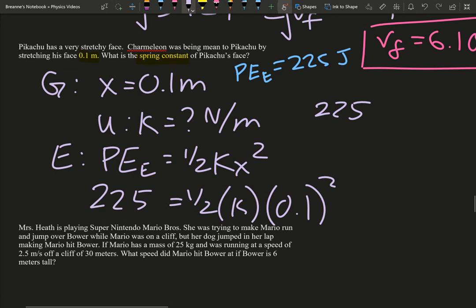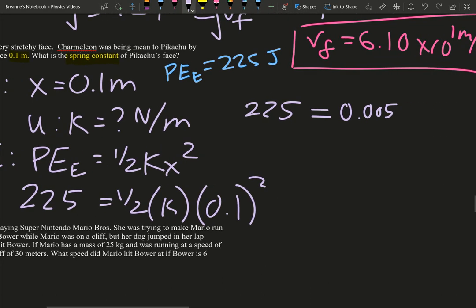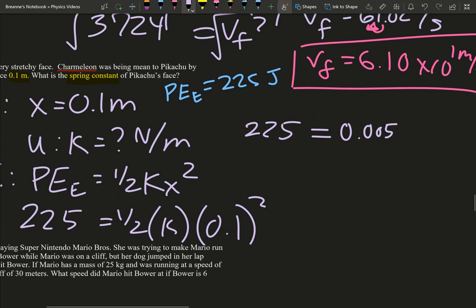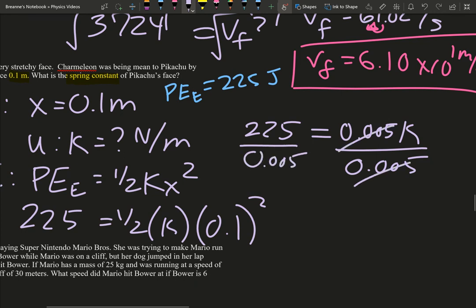225 equals, and you go ahead and multiply that by 1/2 too. So you get 0.005 k. And then we need to divide, what you do to one side, gotta do the other. So your spring constant of Pikachu's face is